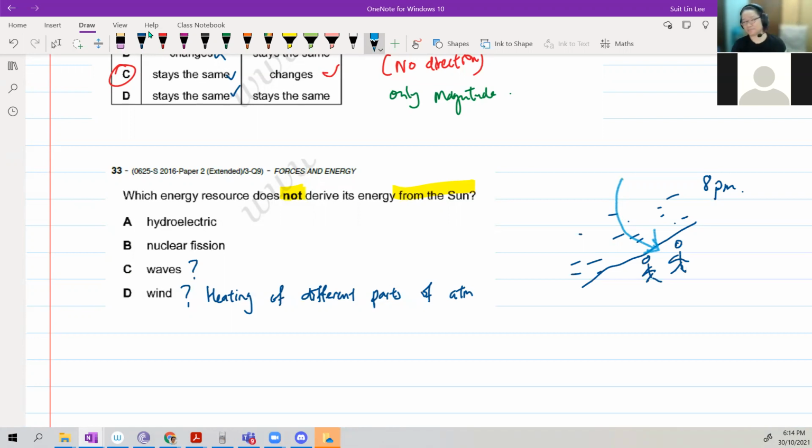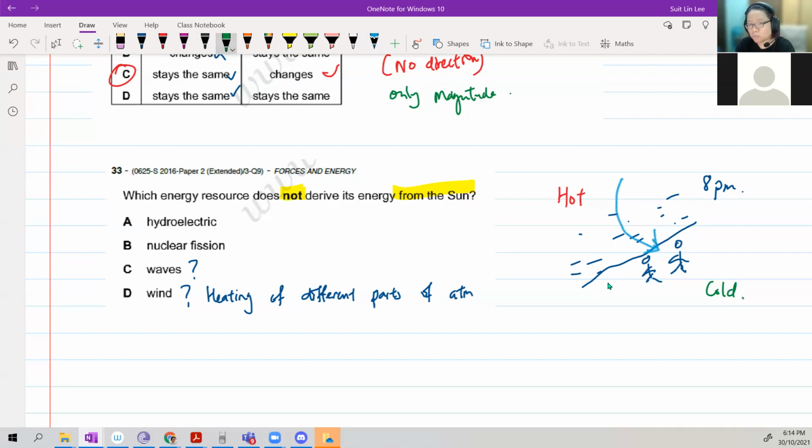Okay, next time, hopefully soon, if you get to go to a beach, or a large body of water like a big lake, it cannot be a small pond. Swimming pool cannot, pure water. So water can hold heat very well. So at night, 8 p.m., the water is slightly hotter. The air here is hot. And then the land doesn't hold heat very well, so the land is cold. If you think of your geography, people always say the desert is very cold at night, correct, because it cannot hold the heat.